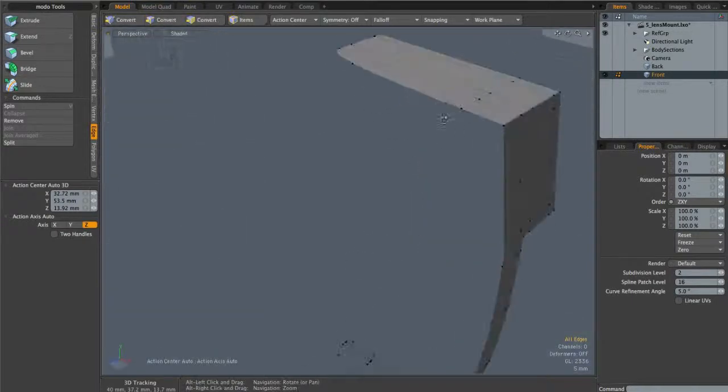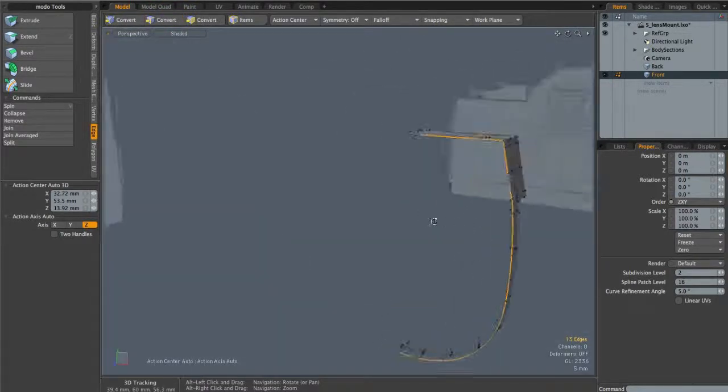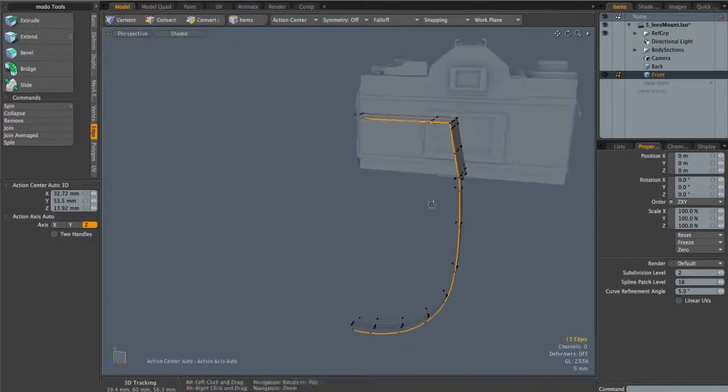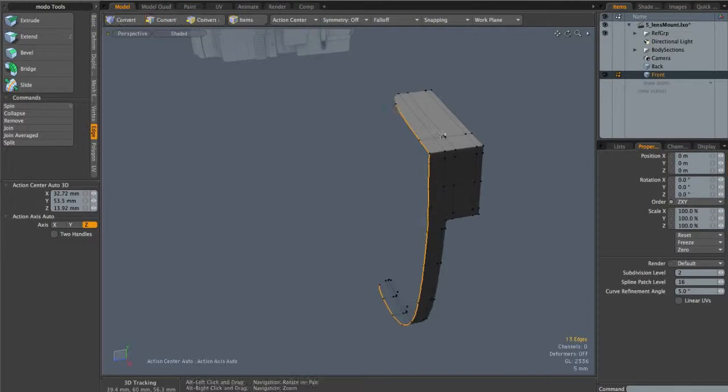Now what we need to do is select all of these front edges. So I'm going to select these top 2 and click up a couple times to select all the way around the model. And we'll do exactly the same thing as before. Now, I've selected these edges, but I actually don't want to be in Subdivision Surface mode. Now, instead of deselecting and tabbing out of Subdivision Surface mode and then having to reselect all of the edges,